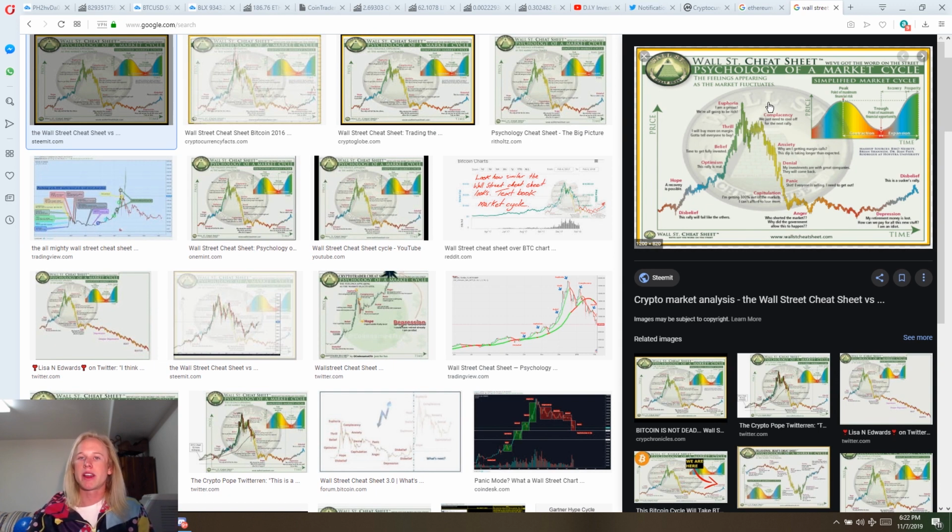Now, as you guys know, I like to trade big picture market cycles. I like to ride the majority of the trend before cashing out my profits. And the way that I trade these market cycles is through the emotional psychology that one experiences when trading and investing. Now, all of the markets are run through human emotions.